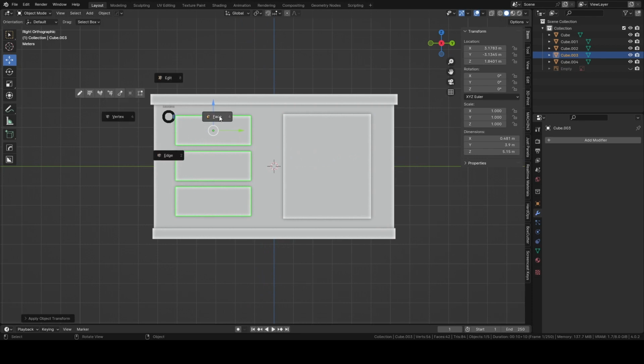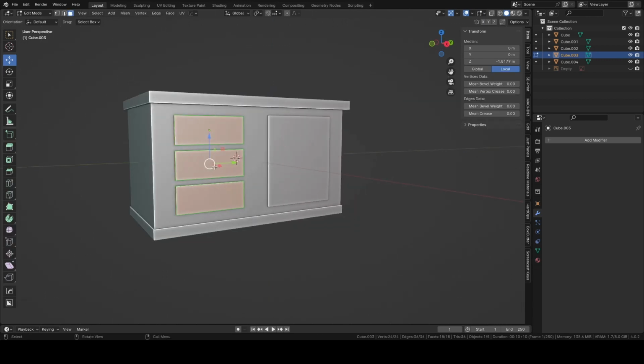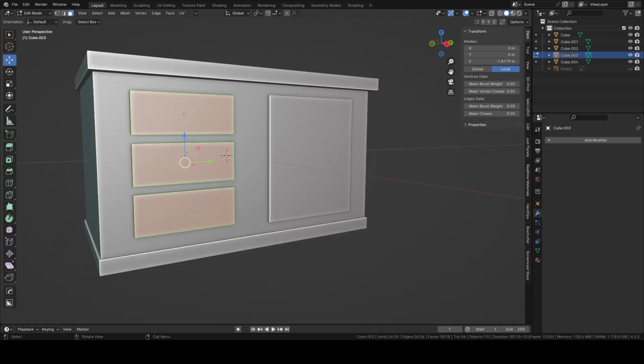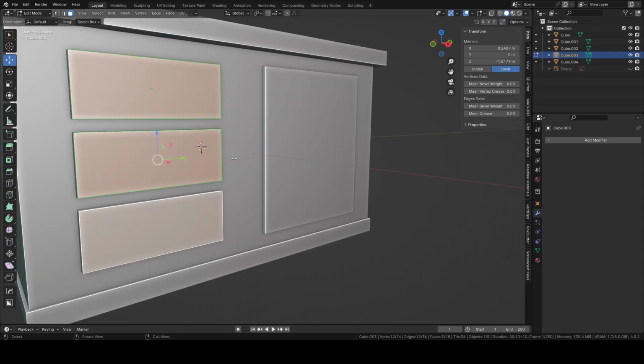So Tab, go into edit mode. Again, you can go up here, go to edit mode, down. But for me, when you do an array, it's all one piece. So all of these are connected, so when you're editing, you're editing all of them. So what we want to do is make sure you're in face mode. You can click up here, or press 3 on the numpad, hold down Shift, select all these faces, and then all we want to do